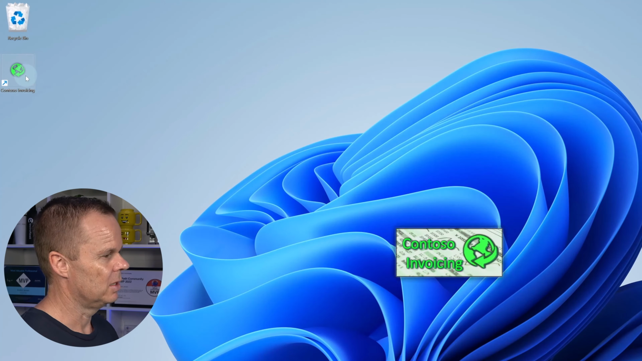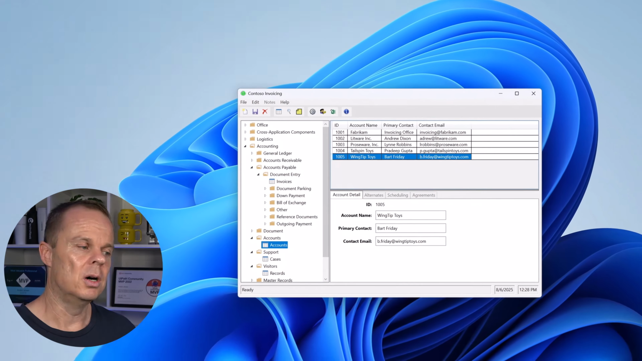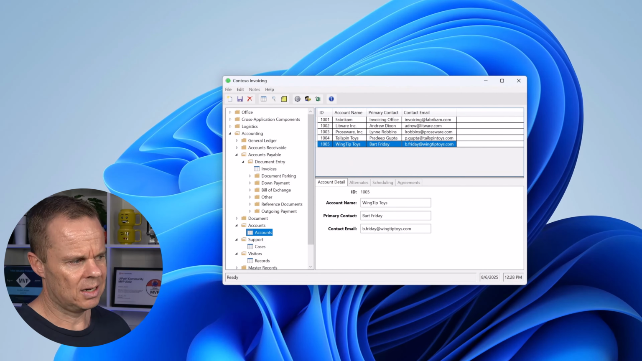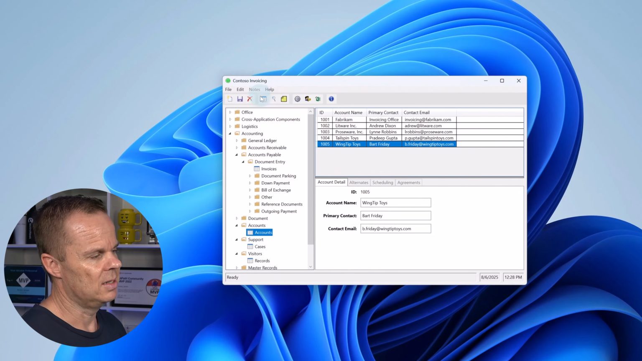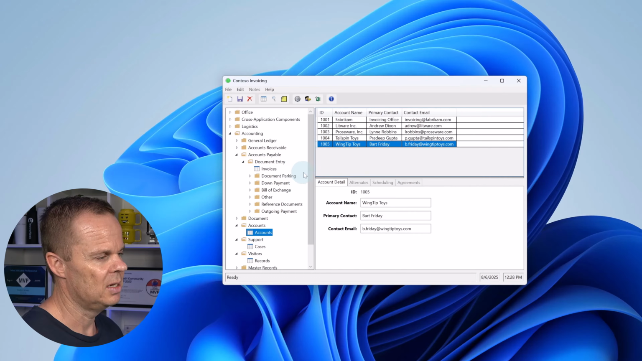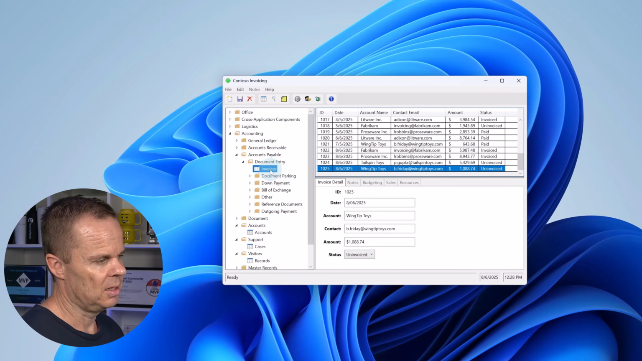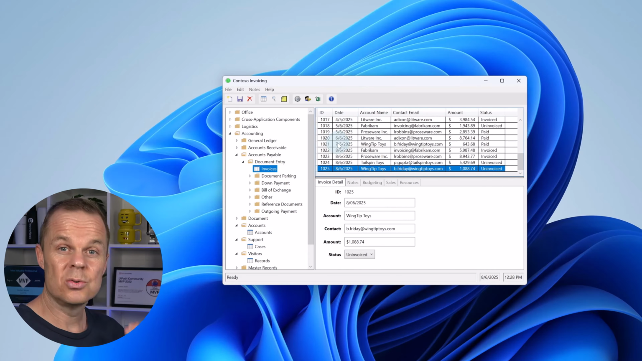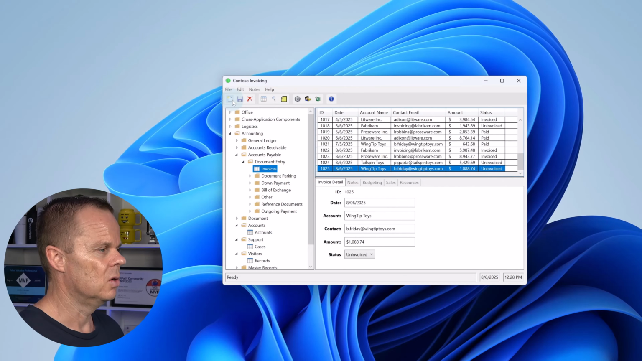Here I can double click to open it. This will open up the application. You can't click everything here in this application since it's just a demo application. What we can do is, for example, click the invoices. Here you see a history, and if I want to create a new record, I can go up and hit